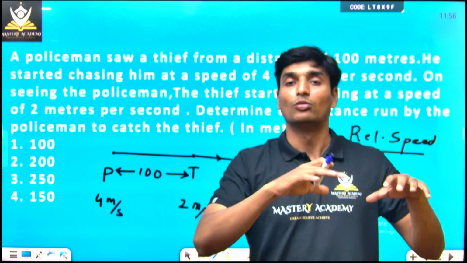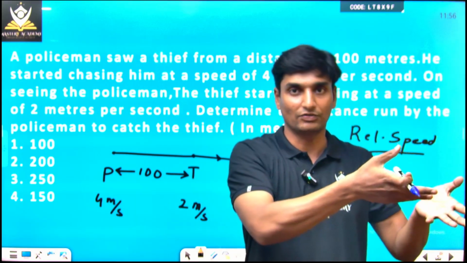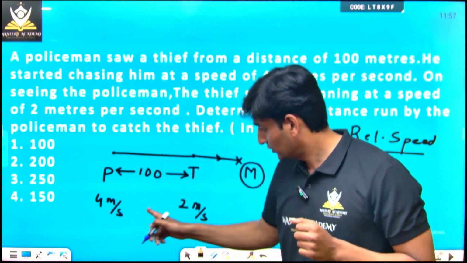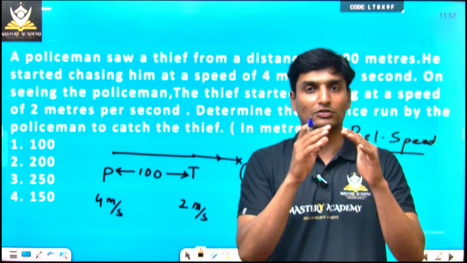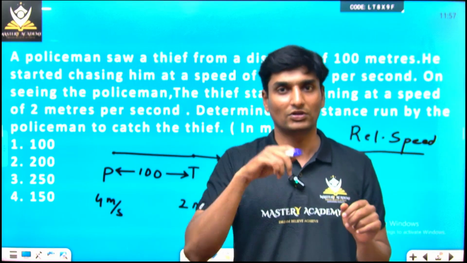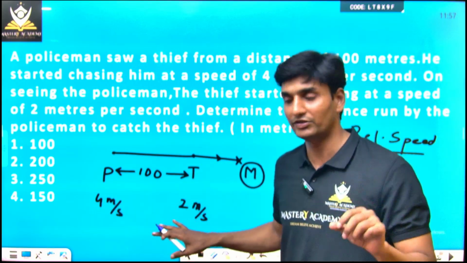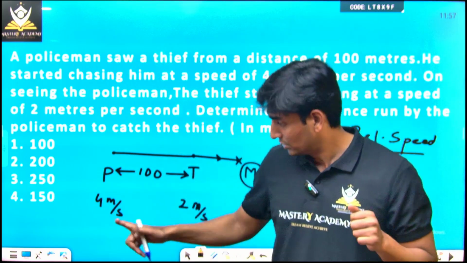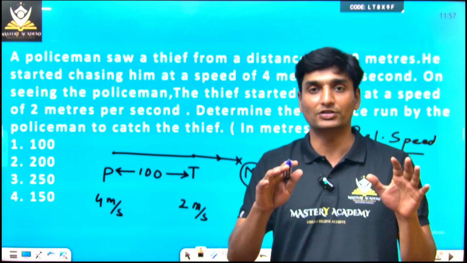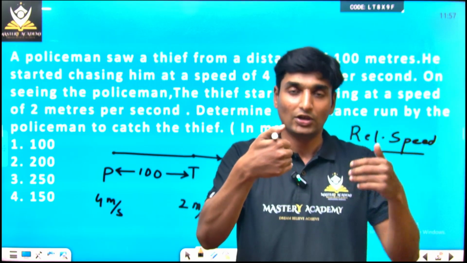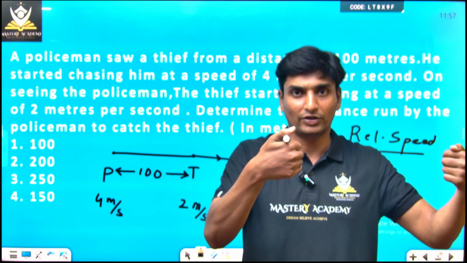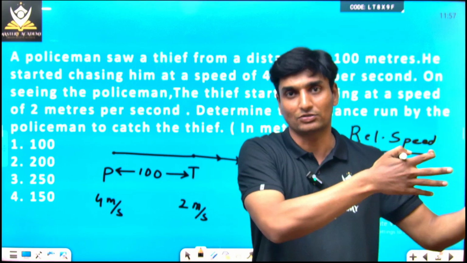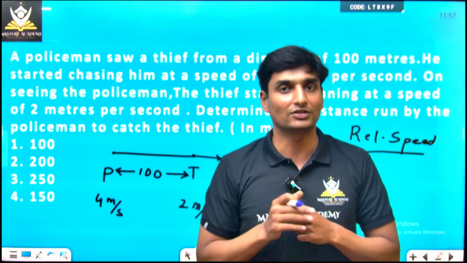The policeman has more speed than the thief. So we have to consider only the larger part, because if 2 meters and 2 meters combine, it is going to be equilibrium, 0. Even if the policeman runs at a speed of 2, here it is given as 4. Imagine if he was running at 2 meters per second and the thief was also running at 2 meters per second. Every second, they would both run 2 meters in the same direction. So the policeman would never catch the thief.